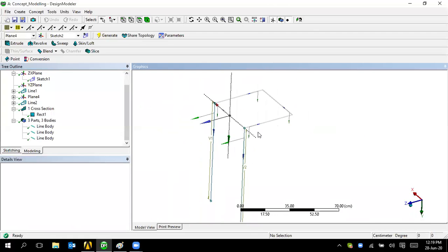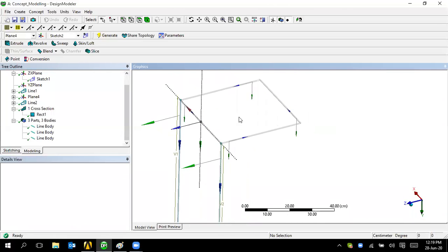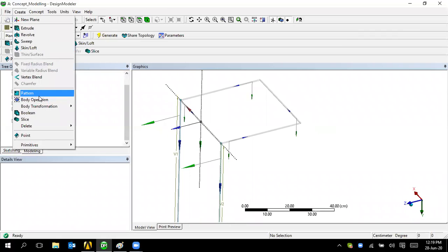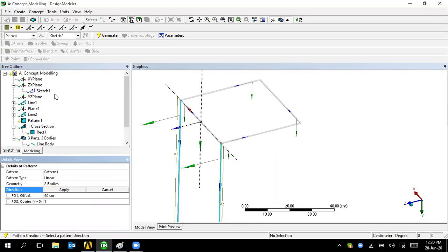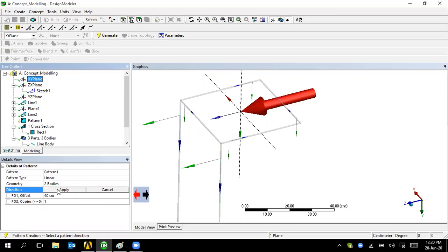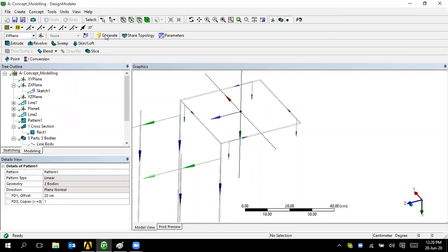Similarly, if you want to take a pattern of this, that is possible. Create pattern. These two things you can apply and make it 40 centimeter towards the XY plane. Insert at 20 centimeter, generate.